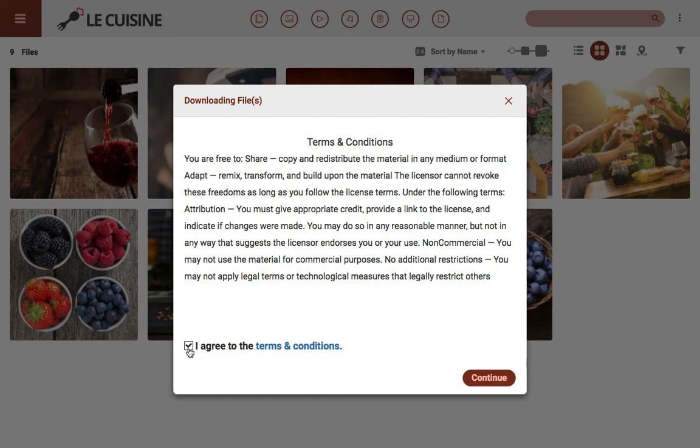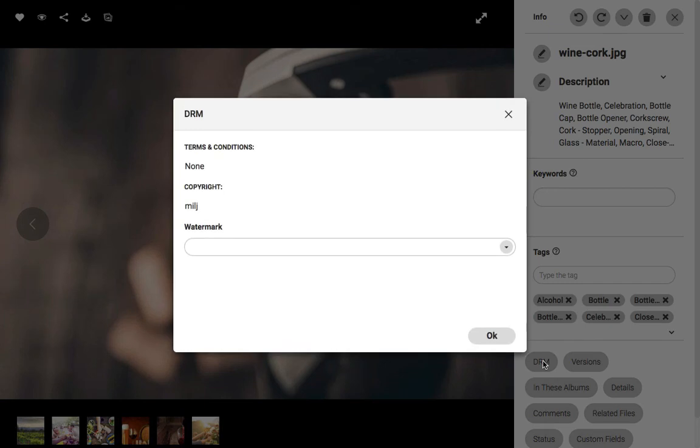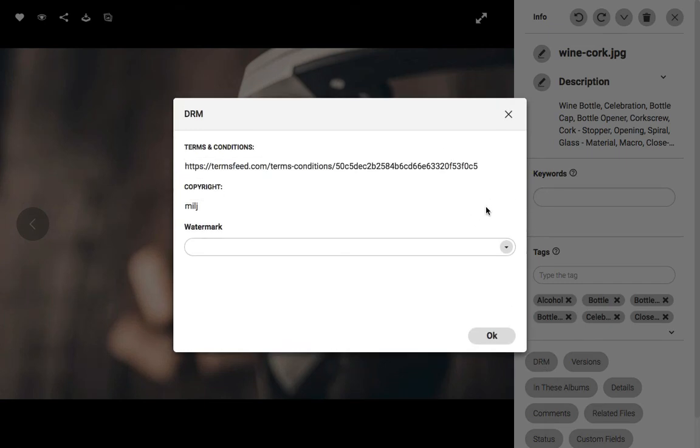Let's also show an example of how to use it with terms and conditions hosted online. Let's jump back to where I already have another file opened, and now I'll paste in a link where my terms and conditions are hosted. If your terms are already online and you know that you'll use them for many of your files, I think this is a great way to do it. This time, I'll just paste in the URL to that page and then I'll go ahead and save it.